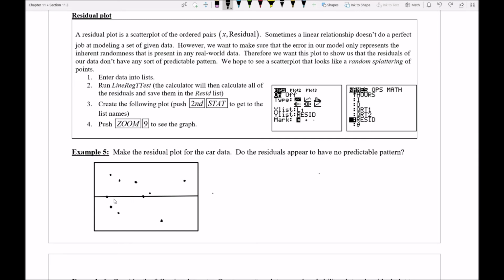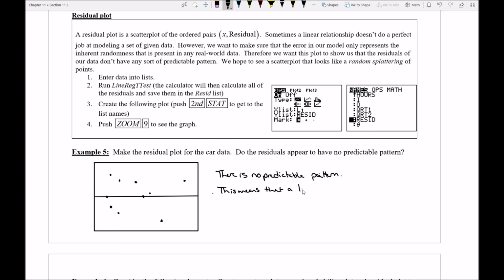It's hard to tell if the data points are, like if I was to say I'm going to draw another data point and it's going to be right above this spot on the x-axis, or it's going to be right above or below this line. Should it be above or below? What would fit the pattern? It's really hard to say. So I can say here that there is no predictable pattern. And that's actually good news because this means